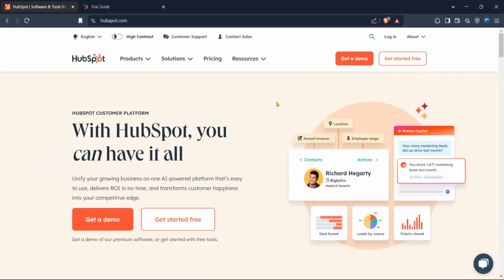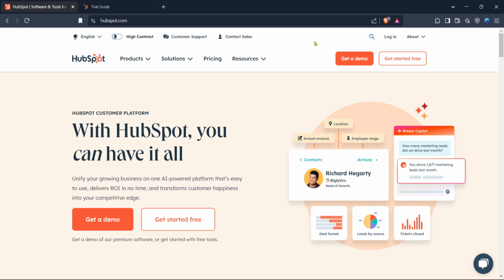In today's video, I'm going to teach you how to add a custom image to your HubSpot page template. Whether you're looking to give your page a bit more personality or need to align it with your brand's aesthetic, adding a custom image can make all the difference. Let's dive into the steps to achieve this seamlessly.